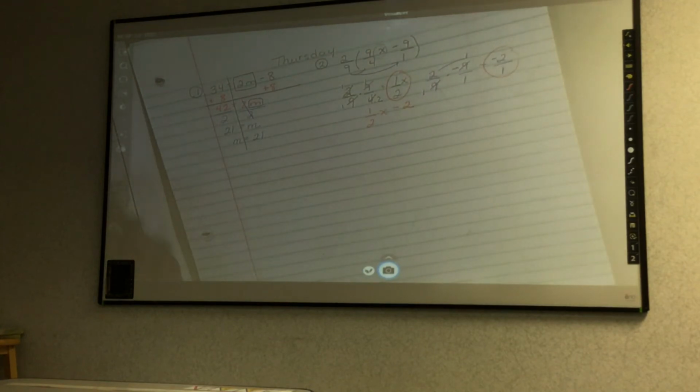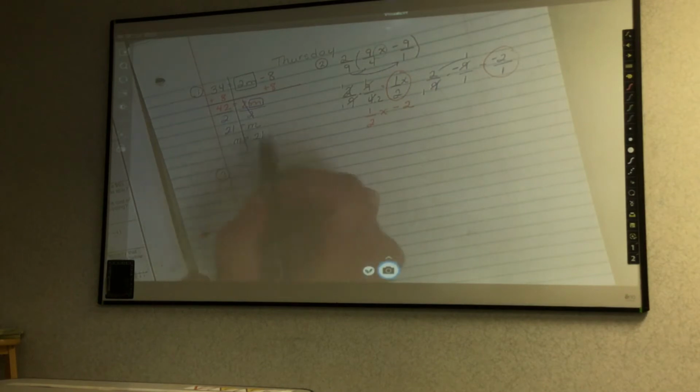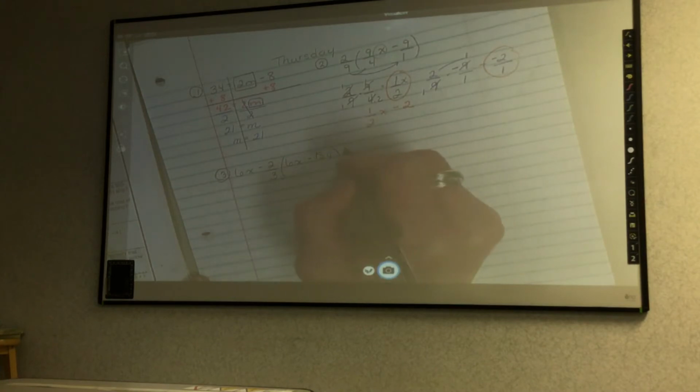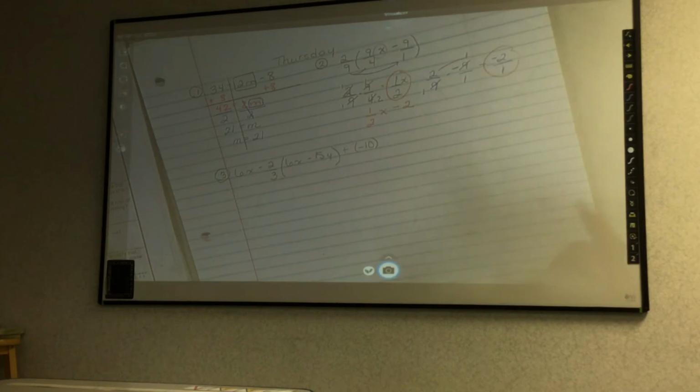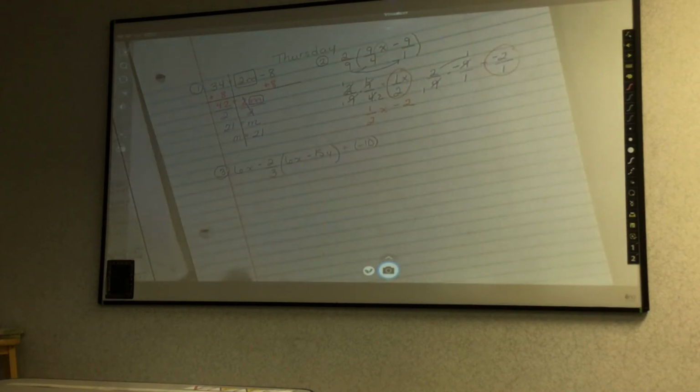Number 3 is beginning to get a lot harder. It says to simplify the expression 6x minus 2/3 times the quantity 6x minus 15y plus a negative 10. This is a long expression. Start by looking to find your distributive property. I have 2/3